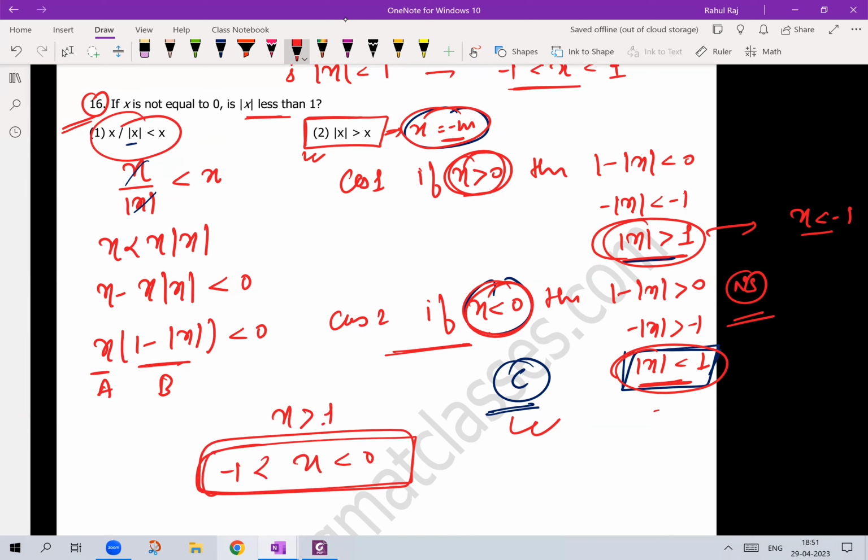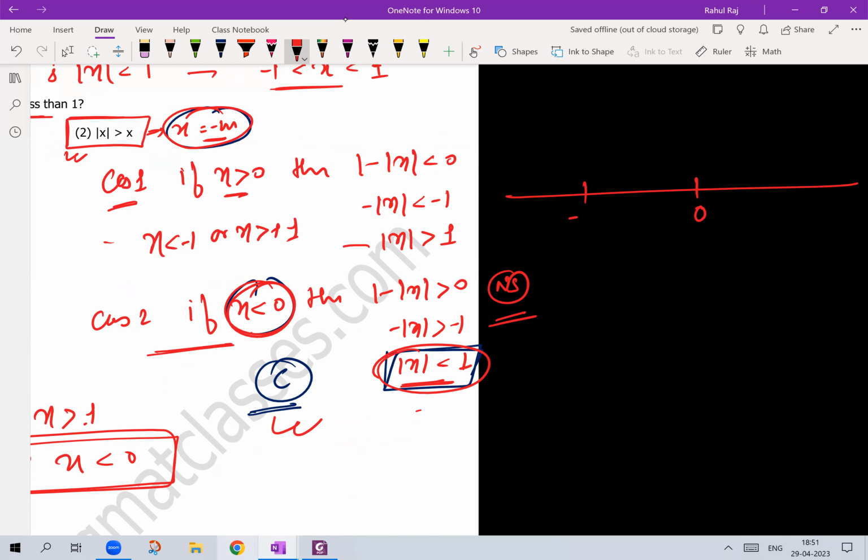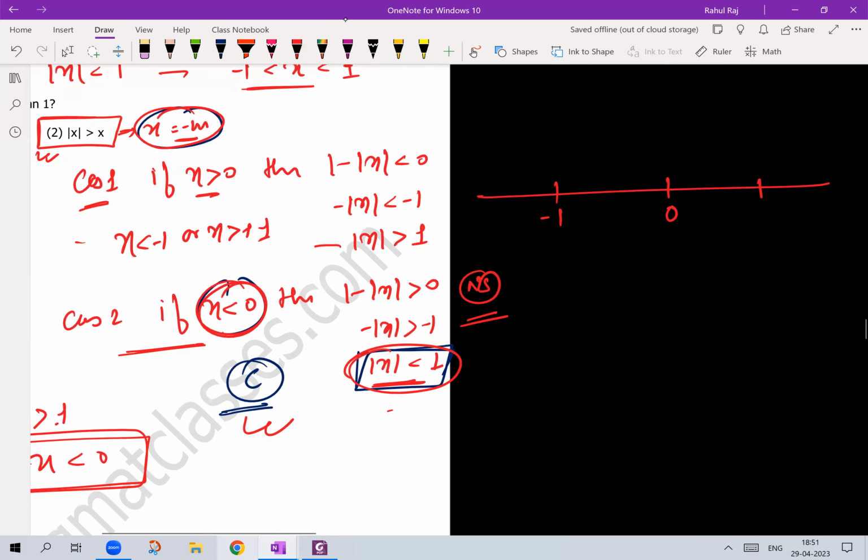I got the answer, but can we solve it like that? Yeah, absolutely. Why not? That's what I was telling. Even if I take numbers over here, Preeti, I'll get exactly the same thing. Imagine my first situation is X greater than 0. I'm trying to plot case 1 on the number line. So this is 0. X greater than 1 means what, Preeti? X can be less than negative 1 or X can be greater than positive 1, right? So if I put here negative 1 and here positive 1,